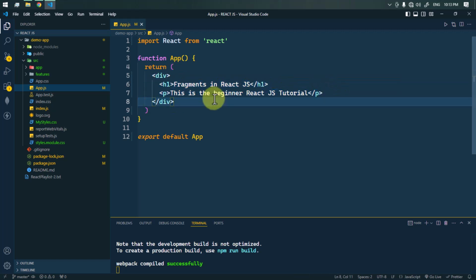Now this way we are just adding this extra div node just to group multiple elements, and this adds one extra node to the DOM. This extra element can sometimes disrupt the structure of our layout, but with the help of fragments we can avoid this unnecessary wrapper. So instead of this div we can write